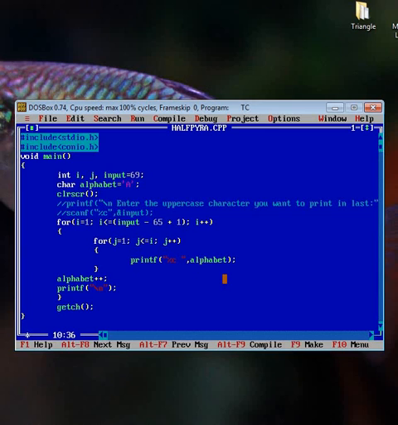See this? Okay. Now hopefully you can understand why we have used input in character.